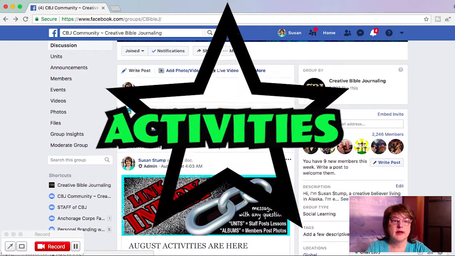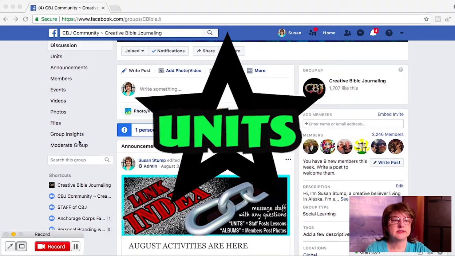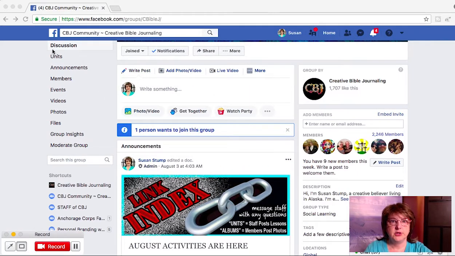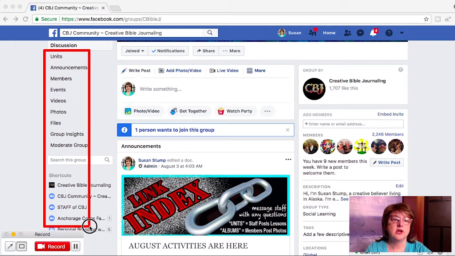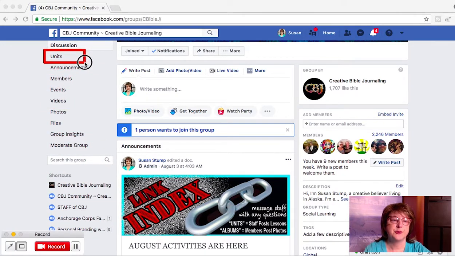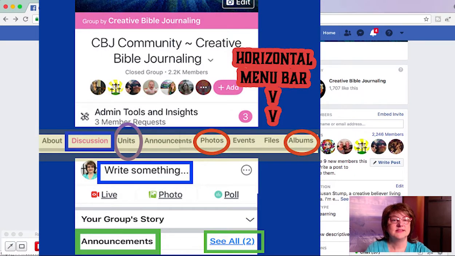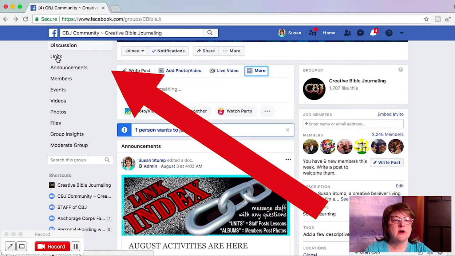And we store our activities in the unit section. If you're on a computer, that means that it's right here in this left sidebar. You're going to be clicking on these things in the left sidebar. If you are on a cell phone, it will be across your screen. So I'm going to click on units here,